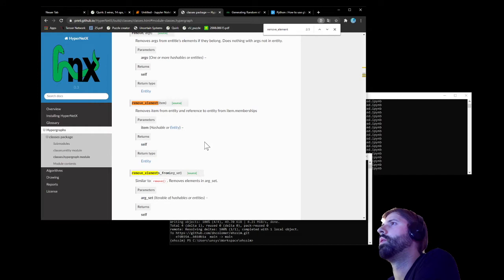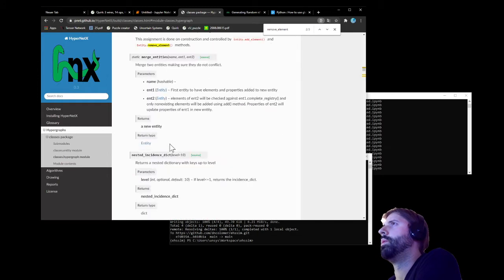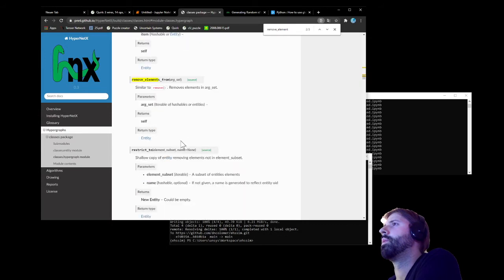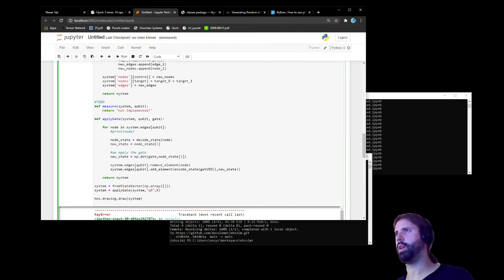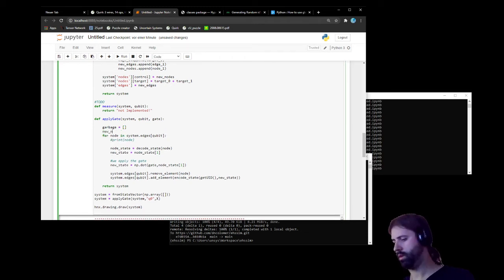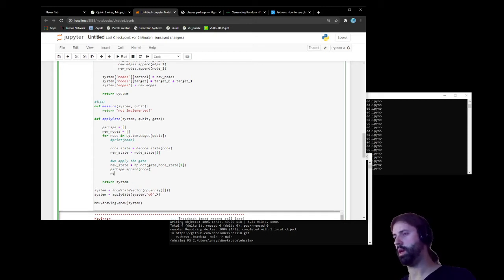So can I just say, you know, garbage, new nodes, and then just basically say garbage append node and new nodes append the, you know,